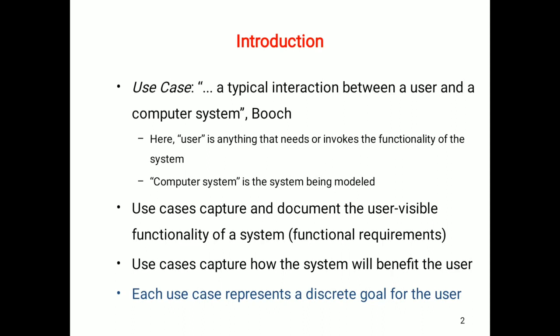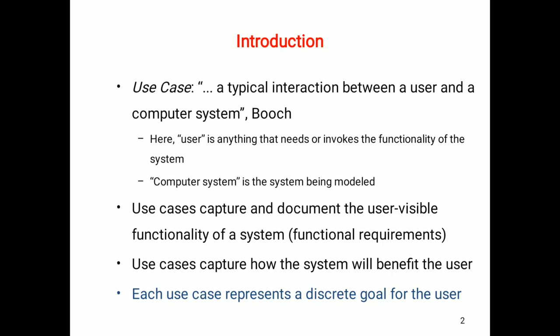We all know UML is of two types. First is structural or physical diagrams, in which object diagram, class diagram, component diagram, package diagram, deployment diagram are there. And in another way, behavioral diagrams are there. In behavioral diagrams, use case diagram, sequence diagram, state machine diagram, activity diagram, swim lane diagram, and many more diagrams are available for UML. Now here this use case diagram is the behavioral type of diagram, and it is showing